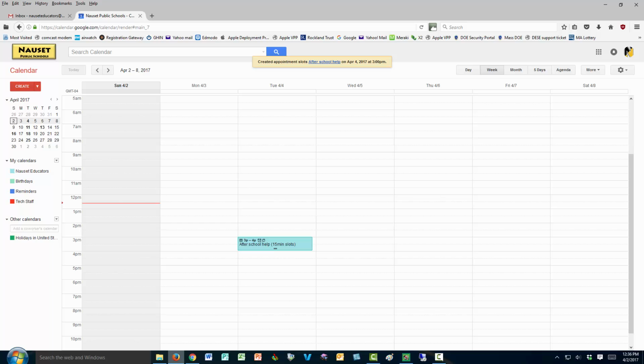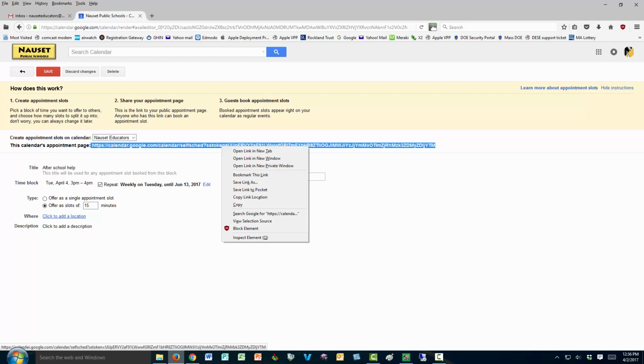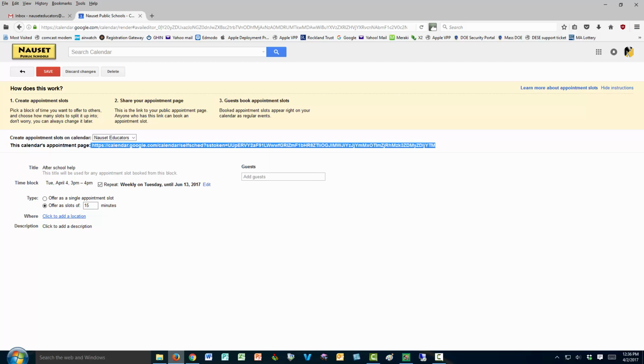So the next thing we have to do is make sure our students or the people that we want to have access to these appointment blocks receive that. So if you click on the event and choose Edit, you'll notice there's a link here. So what we want to do is select that link. Let's make sure we really select the link. Right click on it and choose Copy, and let's